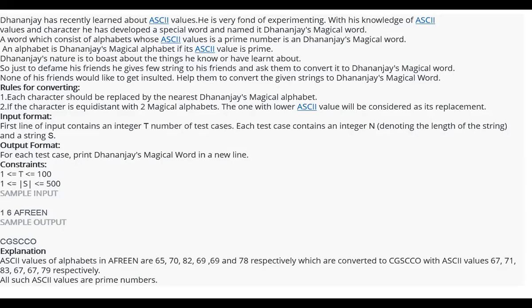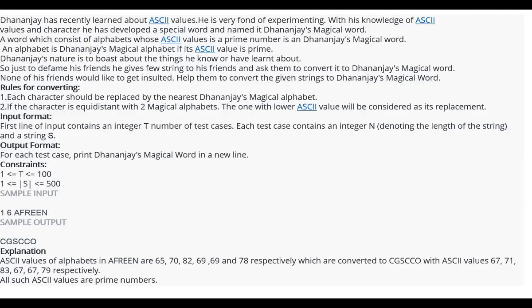This is the problem, which is from HackerEarth. The problem is: Dhananjay has recently learned about ASCII values, and he is very fond of experimenting. With his knowledge of ASCII values and characters, he has developed a special word and named it Dhananjay's magical word. A word which consists of alphabets whose ASCII values are prime numbers is Dhananjay's magical word.